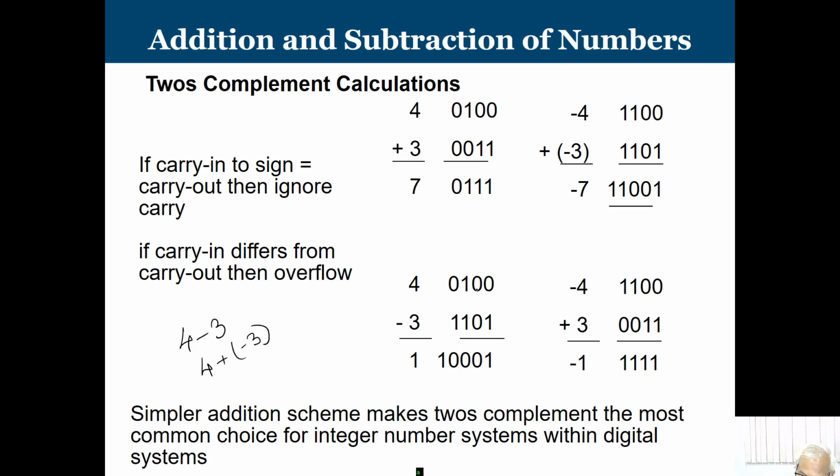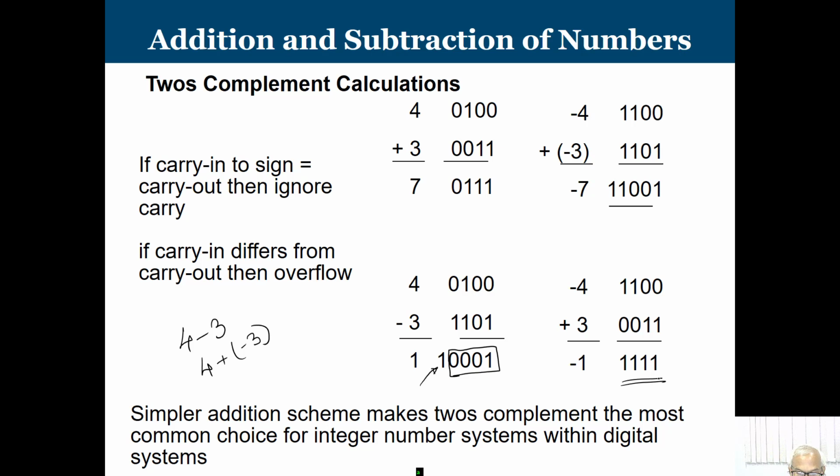So, when I add these two numbers, 1 0 0 0 1. We are working with 4 bit numbers. Finally, we are going to get these particular 4 bits. We do not talk about this extra bit. So, you just see I am getting the result 1. Similarly, here also minus 4 plus 3 is going to give me minus 1. So, similarly, I am going to get this result. So, 1 1 1 1 is nothing but the representation of minus 1. Okay. So, this is the way that we can think.